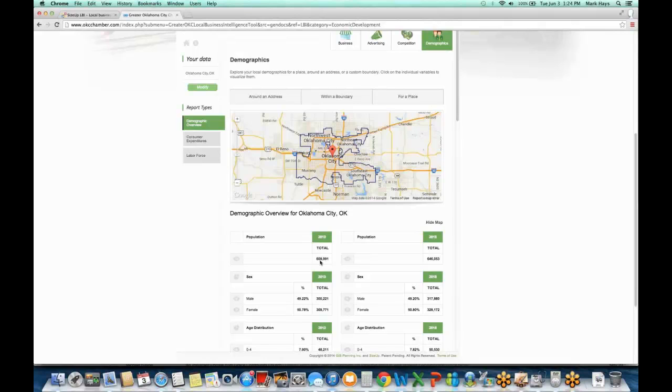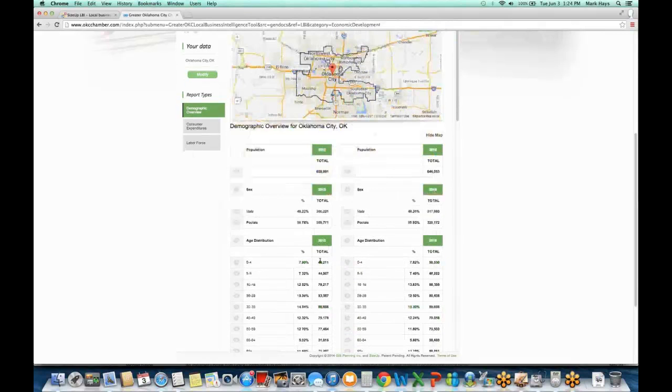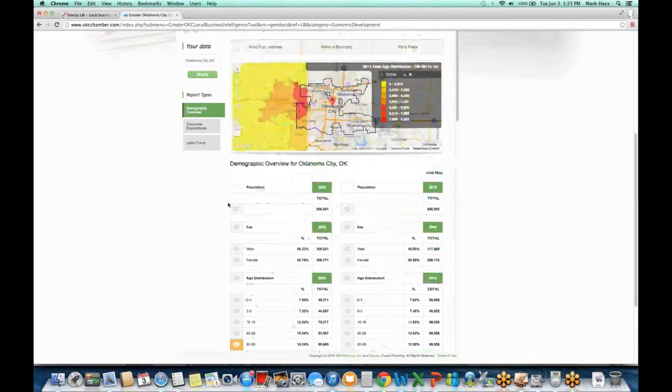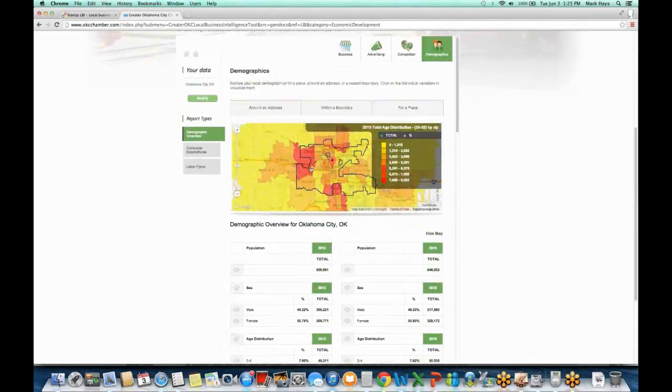What's unique about our tool is we let you drill that down even further and use these heat maps again, because they're so easy to read. So maybe my target market is the 30 to 39-year-olds. Simply click one of these eyeballs over here. Now it's going to come up with a heat map, and this is all the way down to the block level of specifically where my target market is.